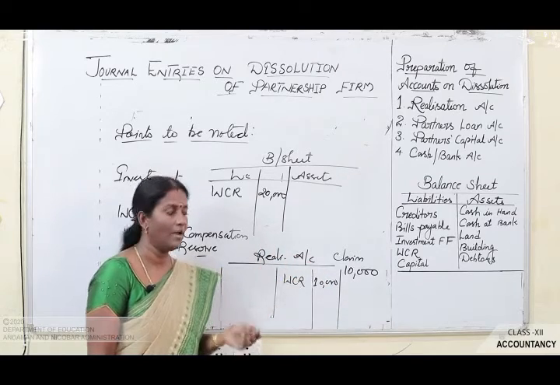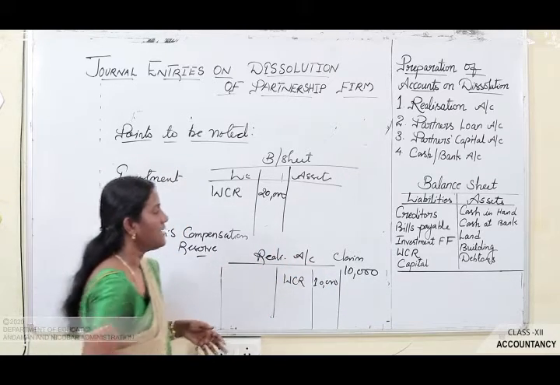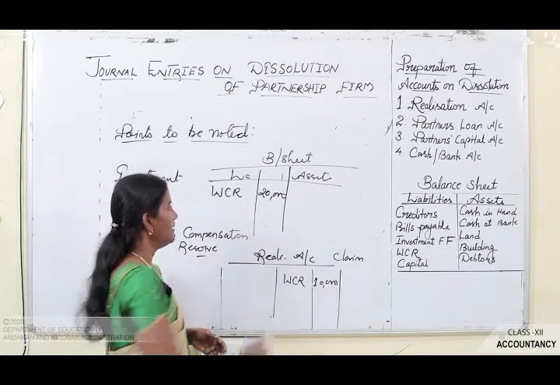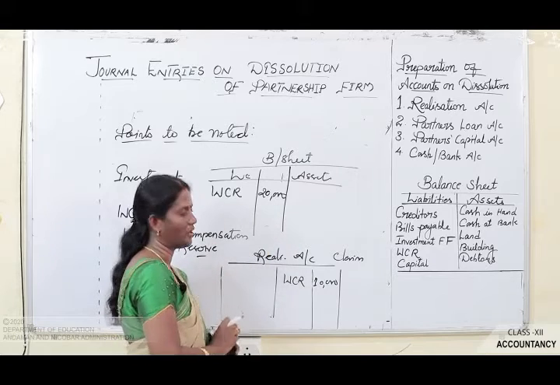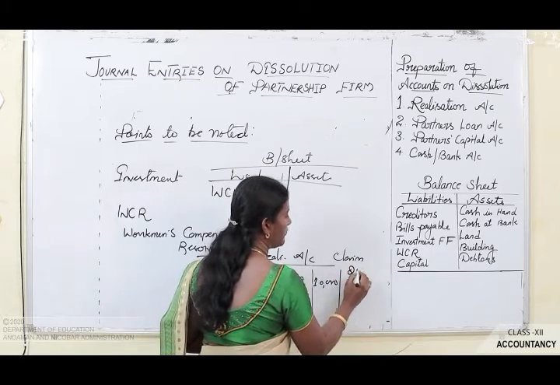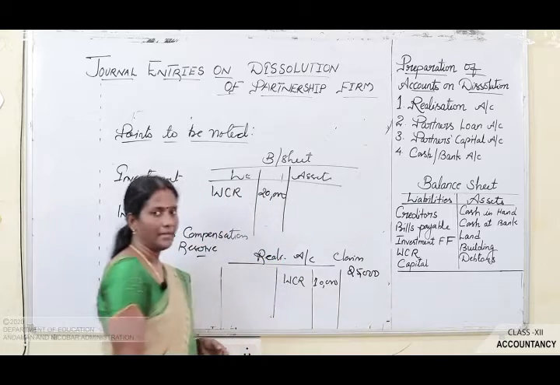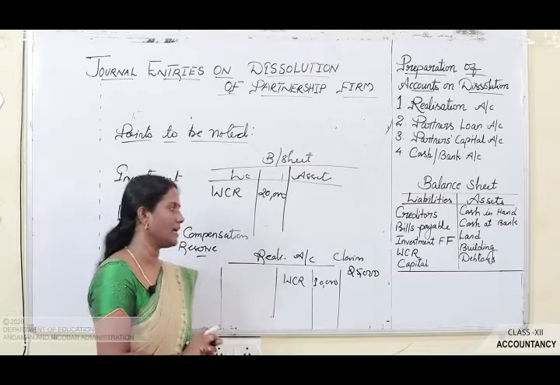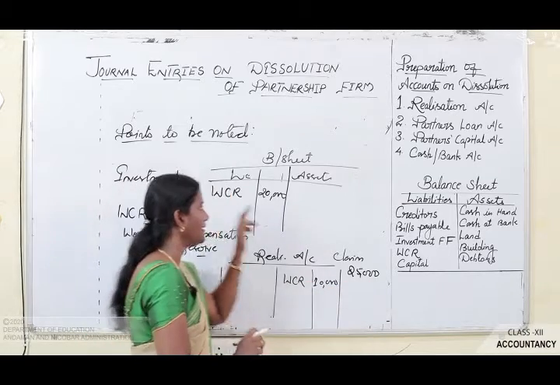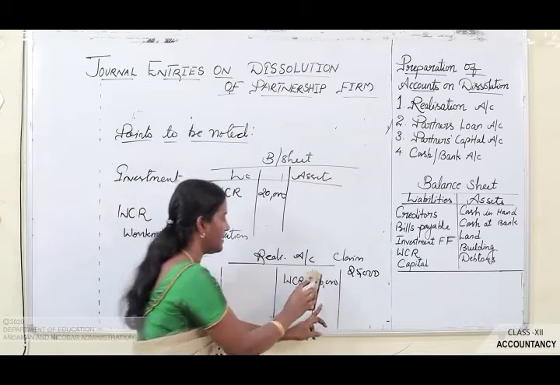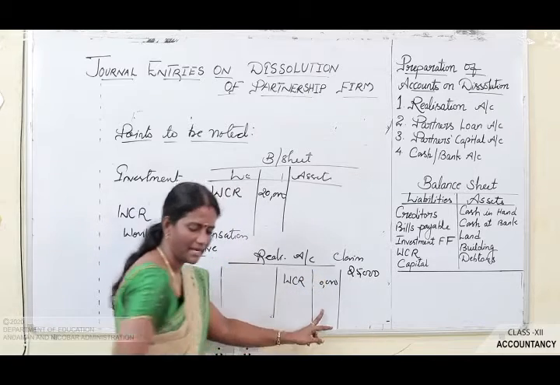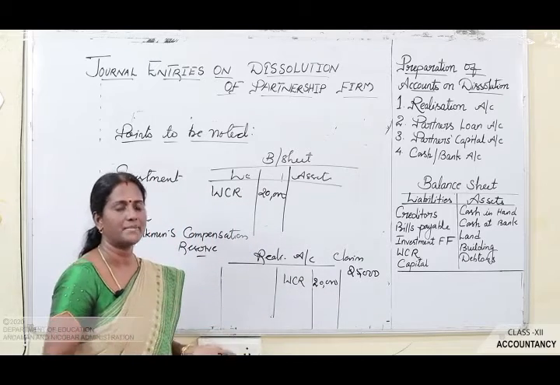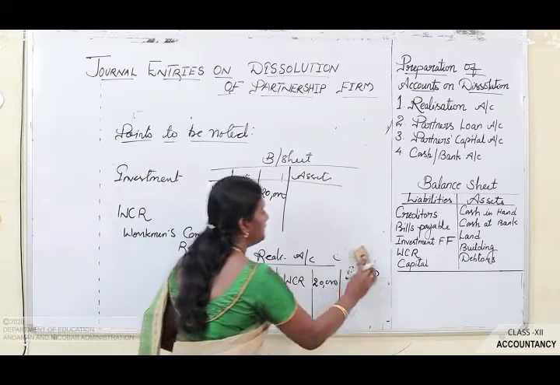प्रॉफिट शेयरिंग रेशियो। अब और एक केस भी है जहां पे क्लेम आपका एक्सीड हो जाएगा वर्कमैन कॉम्पनसेशन रिजर्व से। लाइक वर्कमैन कॉम्पनसेशन रिजर्व यहाँ पे कितना है 20,000 है, मान लीजिए क्लेम आपका 25,000 है। क्वेश्चन में आपका जो एडिशनल इन्फॉर्मेशन है उसमें क्लेम 25,000 दिखा रहा है, तो यहाँ पे क्या होगा 20,000 ही आप यहाँ पे ट्रांसफर करेंगे रियलाइजेशन अकाउंट में, क्योंकि हमारे पास रिजर्व उतना ही है। सो 20,000 यहाँ पे ट्रांसफर होगा एंड पार्टनर्स कैपिटल अकाउंट में हम कुछ भी ट्रांसफर नहीं करेंगे